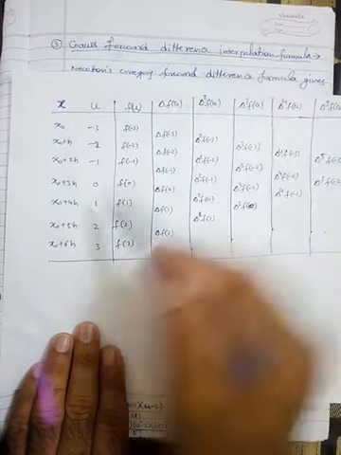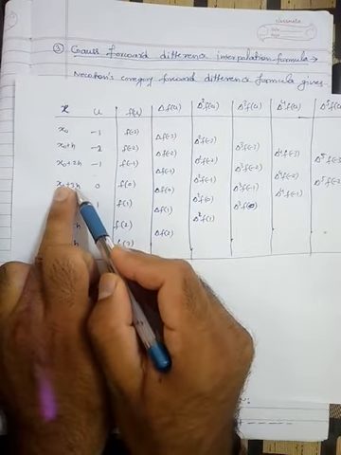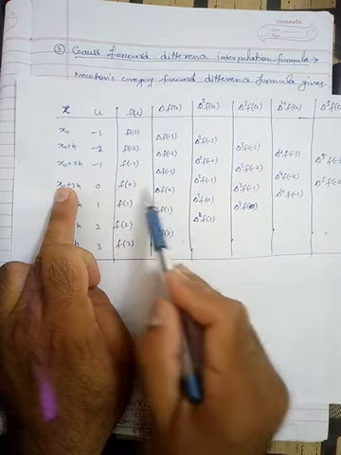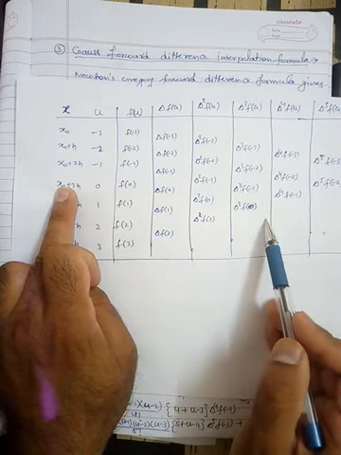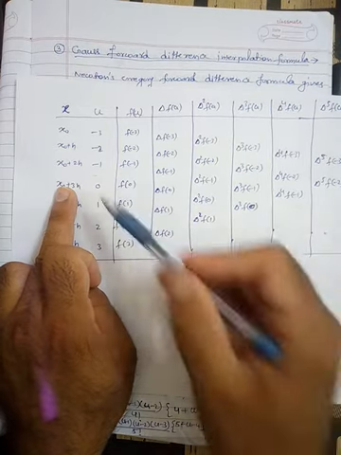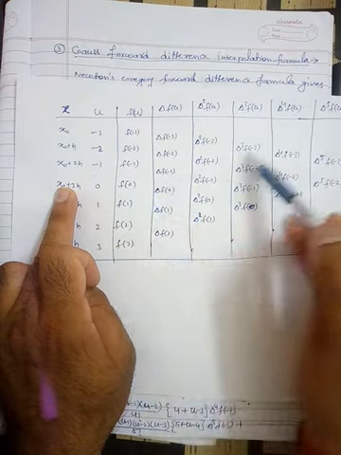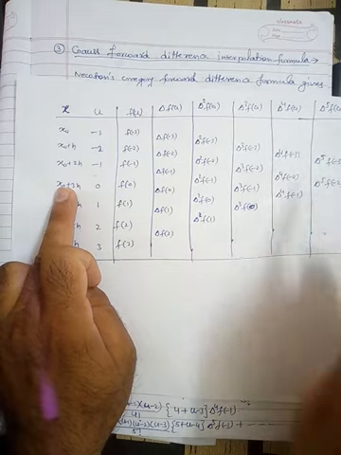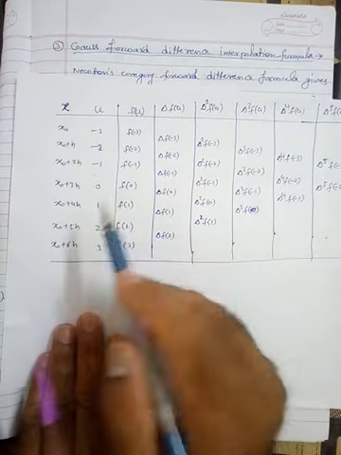The second thing is that suppose you are considering this as a center and you are applying the forward formula, then you have to take this diagonal, and you can see that you are not able to cover up all the columns, so again this will cause the error. Similarly, if you are following the backward difference formula, then you will cover up only up to these columns, and again you are unable to cover up all the columns, so again it creates the problem. So to handle this type of problem, we are having central differences.